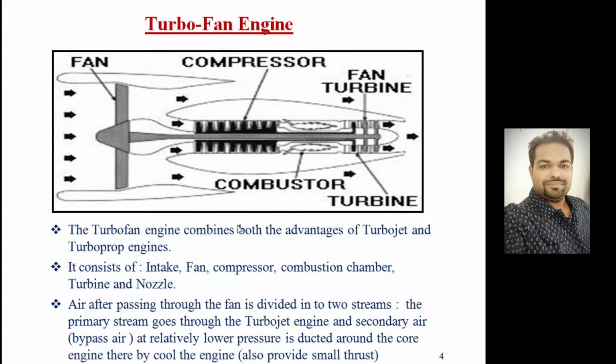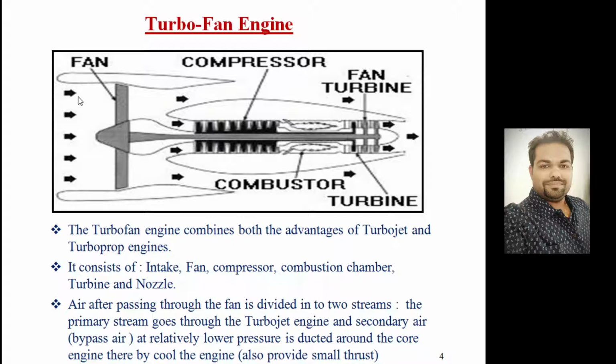If you look at the schematic diagram of it, this is a fan which is attached, and the fan is enclosed by the casing, and then followed by the core jet engine, where you may find the compressor which is attached with the turbine. Here for the turbine we are using the twin spool configuration. That means two sets of turbines are being used. One is called the low pressure turbine, another is called the high pressure turbine. The low pressure turbine is connected to the compressor and the high pressure turbine is connected to the fan. So both of these turbines are independently running the compressor and fan here.